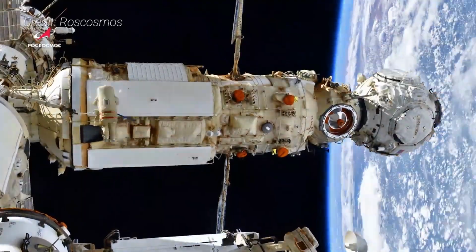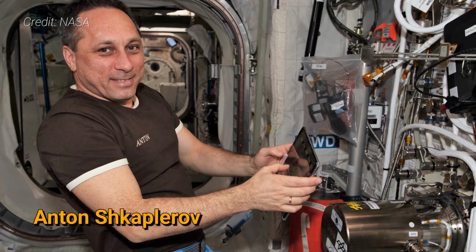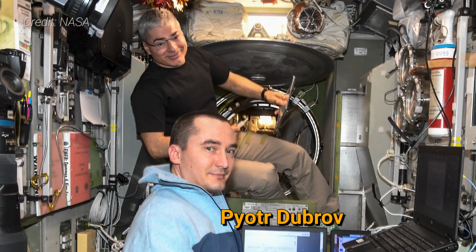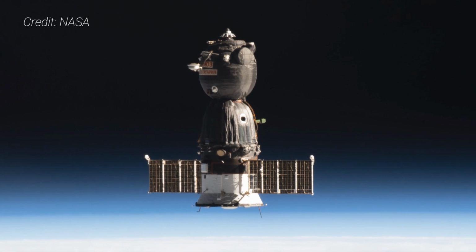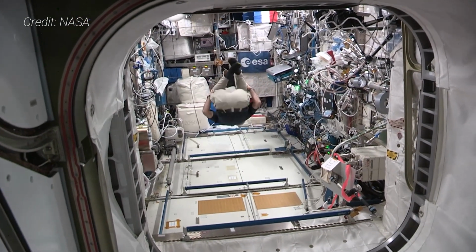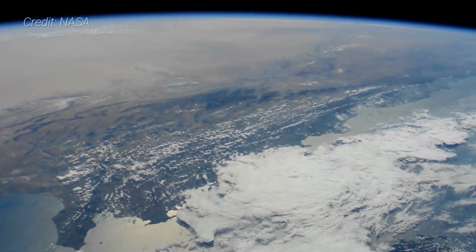They are set to replace the outgoing Soyuz MS-19 crew, which includes Russian cosmonauts Anton Shkaplerov and Pyotr Dubrov, and NASA astronaut Mark Vande Hei. Dubrov and Vande Hei have been in space since April 9, 2021, while Shkaplerov has been in space since October 2021. Vande Hei in particular just recently surpassed NASA astronaut Scott Kelly's record of the single longest spaceflight by a NASA astronaut,